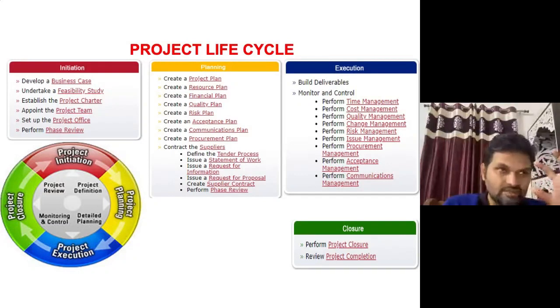Before going for the feasibility report, what is the business element, or as per my portfolio, what is the case? Then feasibility: technical feasibility, financial feasibility, social cost benefit, which I need to take care of in the feasibility study. Generally in construction we take care of the technical feasibility. Once the project is feasible, I'm going to create the project charter. The project charter is the first and most prime document which we are going to prepare on our site.